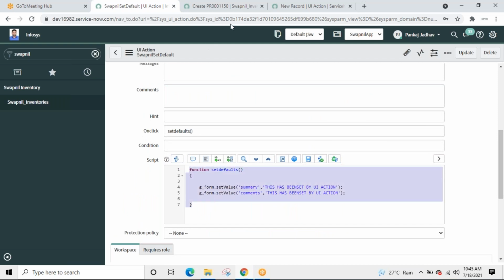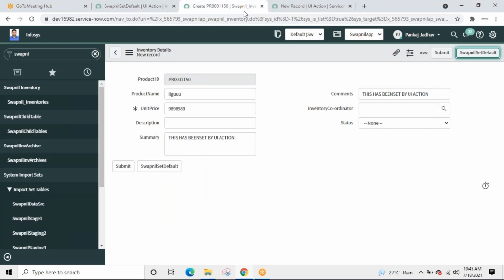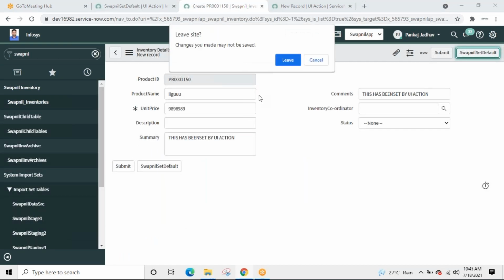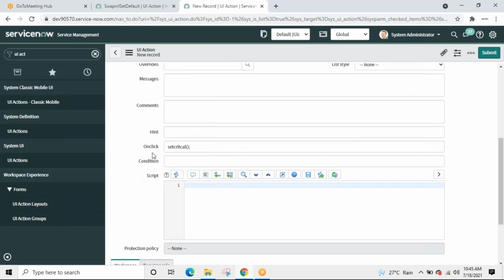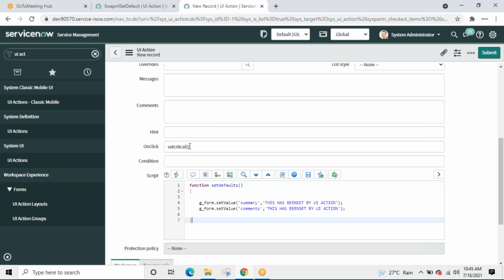Copy, and not this. Close this one. Function name should match. Control C, Control V.